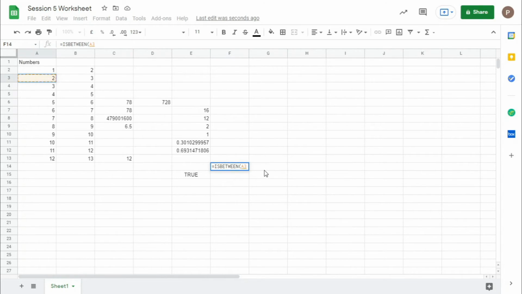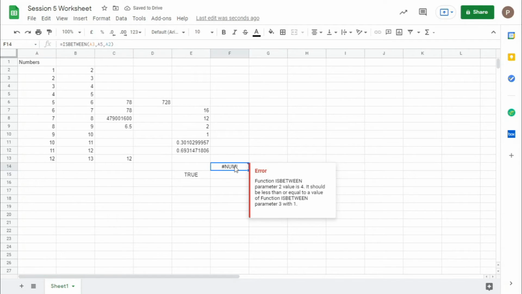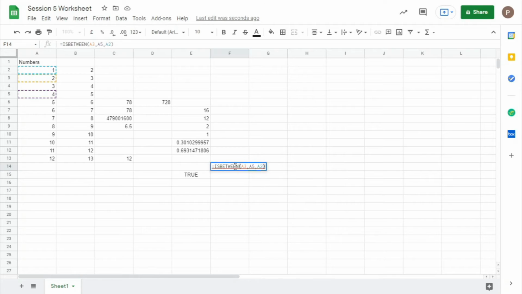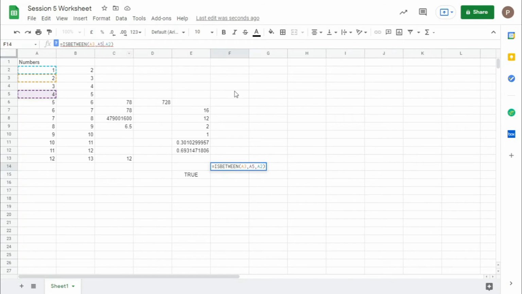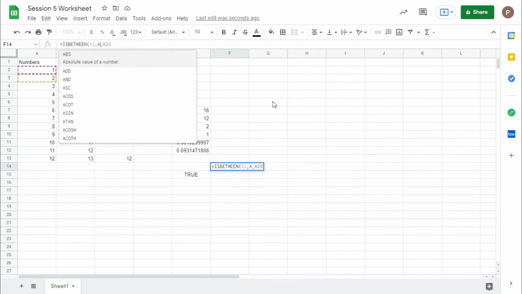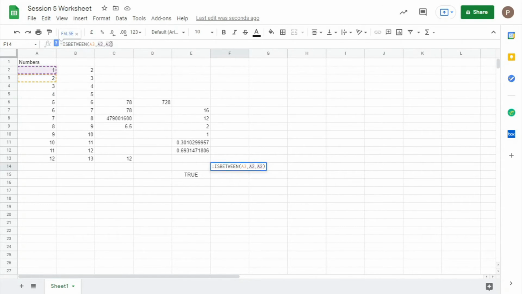Next, select a value to compare. Next, a lower value. Next, an upper value. So why is it showing an error? 2 is really between 1 and 4, but the problem is you first have to give a lower value, then a bigger value.